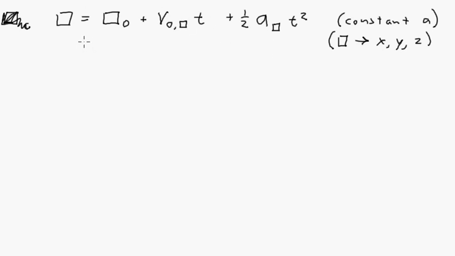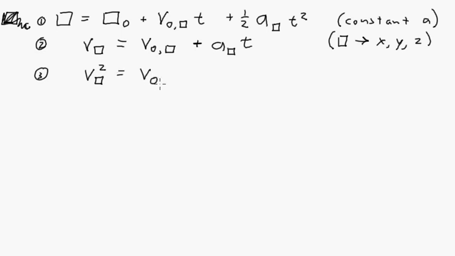And then the other one is v in box is equal to initial velocity in box plus a in box times t. Okay, so far this is all working out pretty well. So we've dealt a lot with this equation and this equation, but we haven't talked a whole lot about the third one, which is v box squared equals v naught in box squared plus 2 times a in box